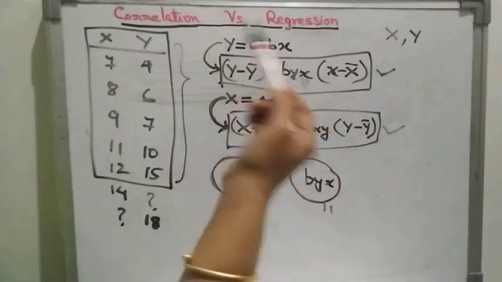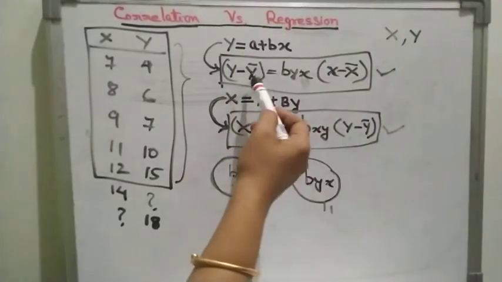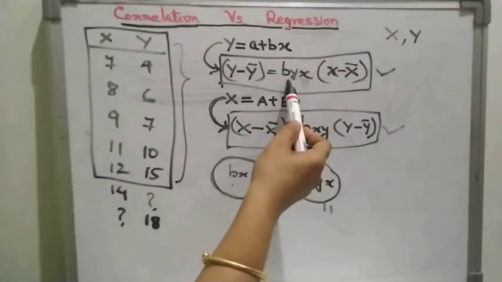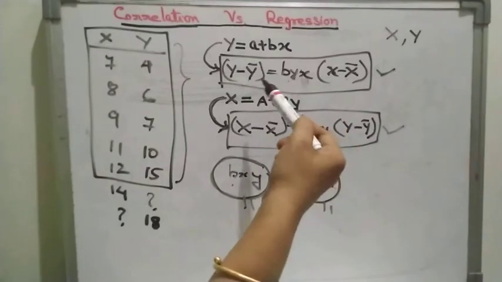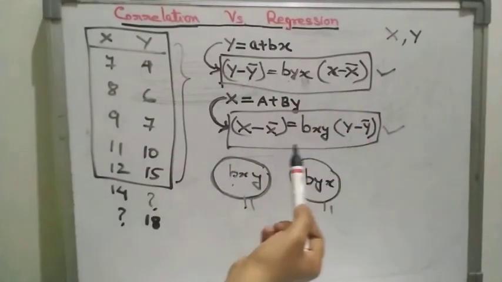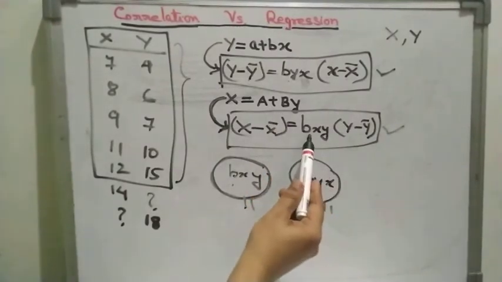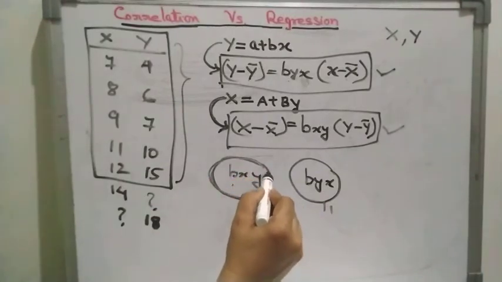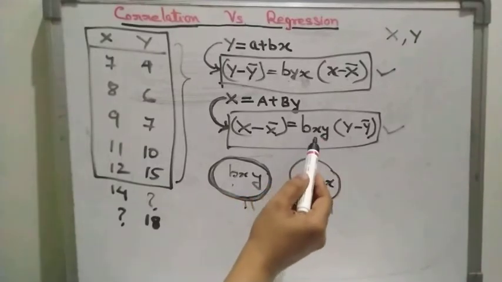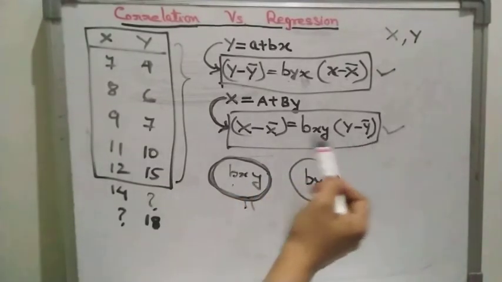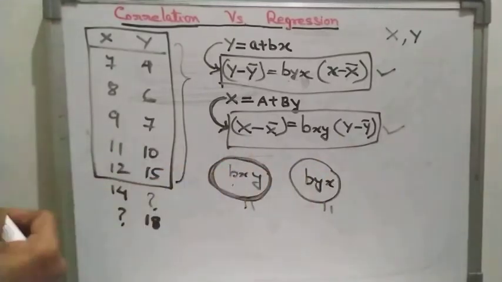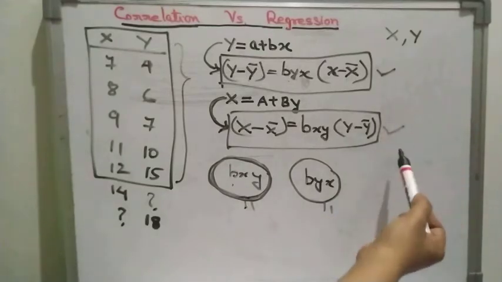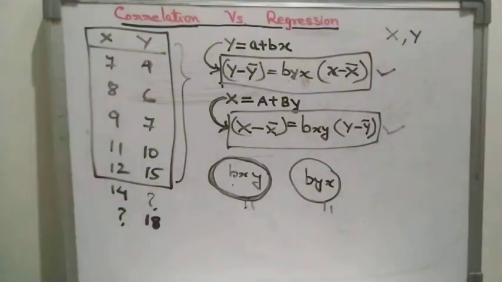If the question is to find two regression equations, first you need to find y bar, x bar, then byx, put in the values and simplify, and you will get the equation form. Similarly here you need to find bxy, and a formula is there. With the help of the formula you find this regression coefficient, then put in the values of x bar, y bar, and you get this equation. So you get two equations: the regression equation y on x, and x on y. So the questions come like that.